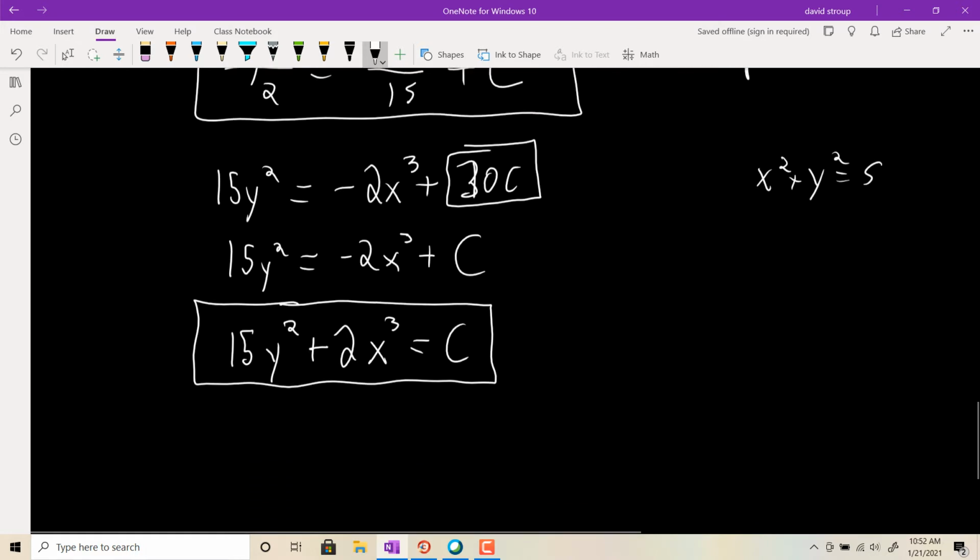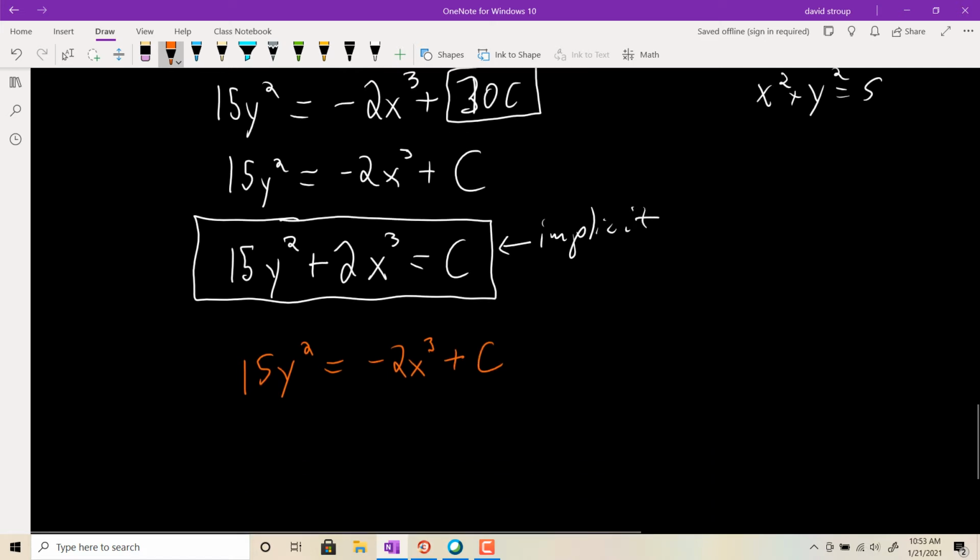If you needed an explicit solution, so this is implicit. In other words, it's not written in the form y equals something. If you do need an explicit solution, and I would advise against getting explicit solutions in these cases, but if you do need one, what you need to do is solve for y. Okay, so you'd end up having to go back to this form